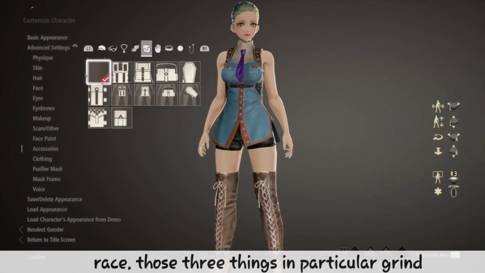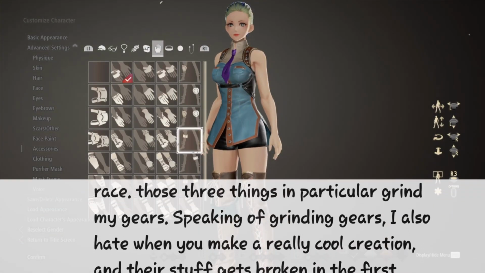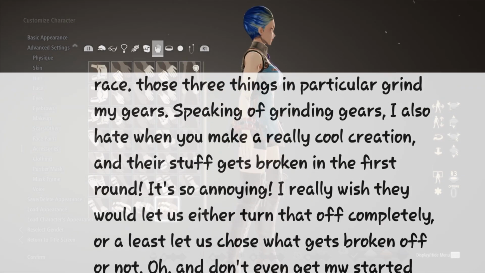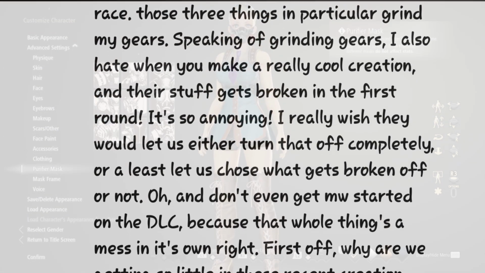Those 3 things in particular grind my gears. Speaking of grinding my gears, I also hate when you make a really cool creation and their stuff gets broken in the first round. It's so annoying. I really wish they would let us either turn that off completely, or just let us choose what gets broken off or not. Oh, and don't even get me started on the DLC, because the whole thing's a mess